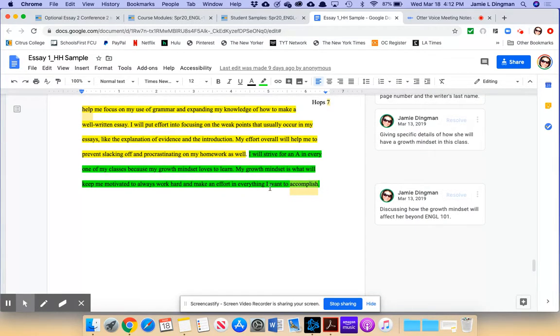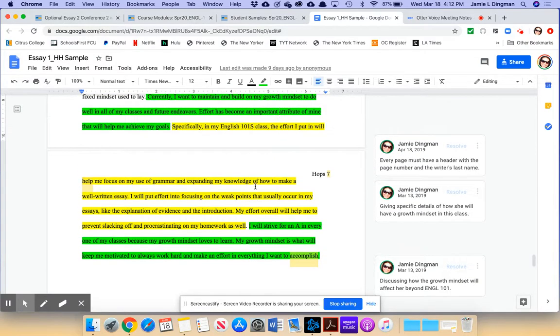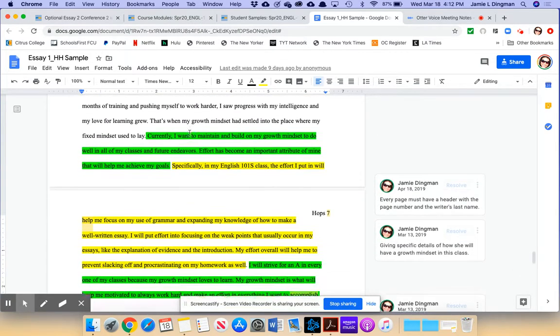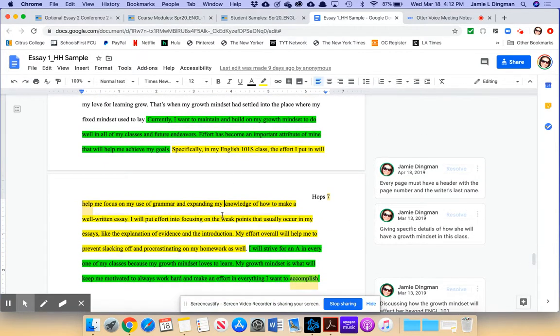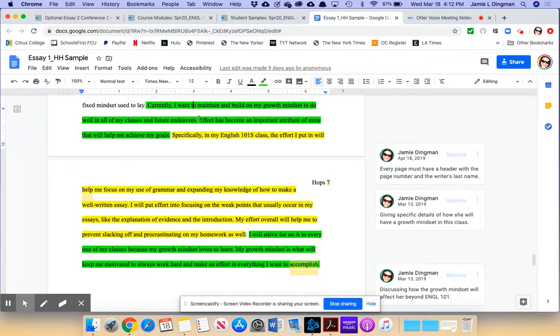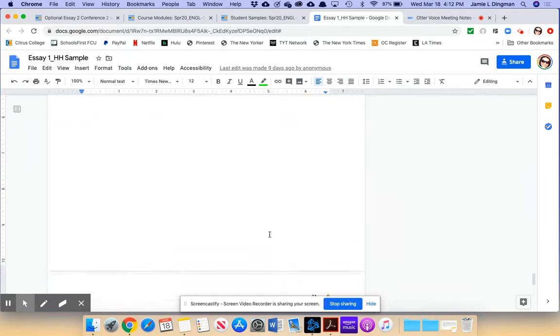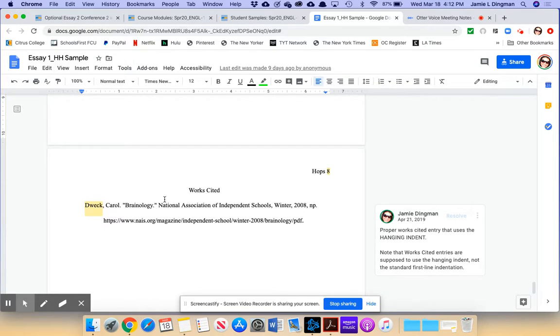Okay, so I see her giving me those specific details, right? And so I've color coded it. This yellow section is her specifically addressing my class, what she wants to do, and she's giving me very specific things she wants to improve upon using her growth mindset. And then the green section is how she's using the growth mindset outside of this class in her other endeavors and classes. And then, as I covered before, the very last page of her essay is the works cited,